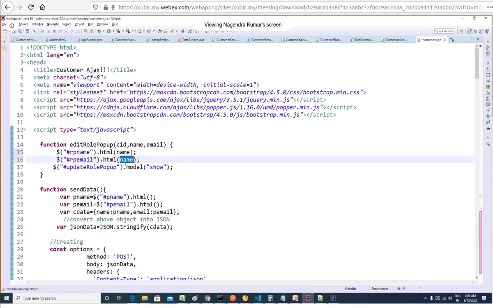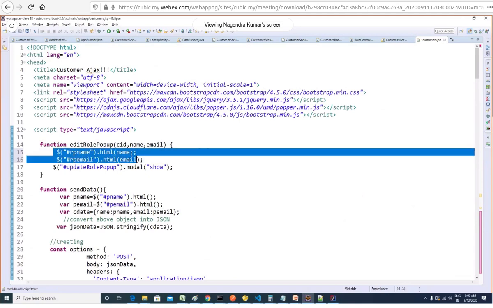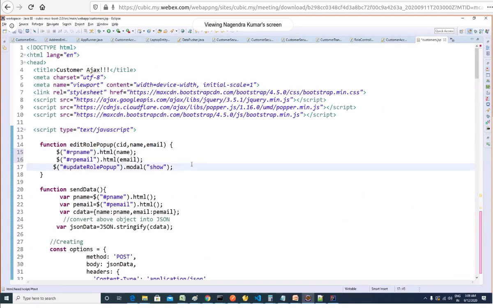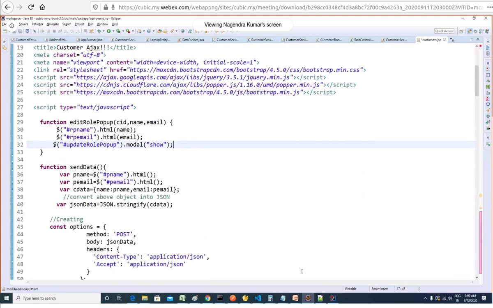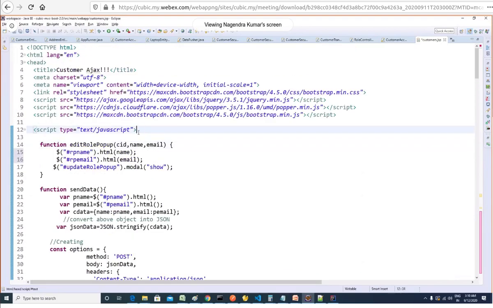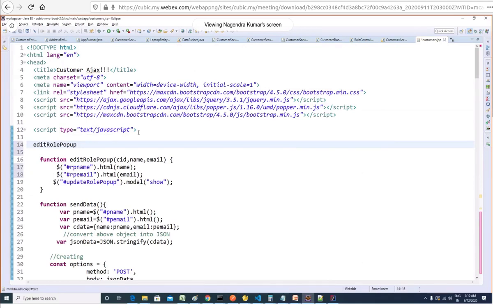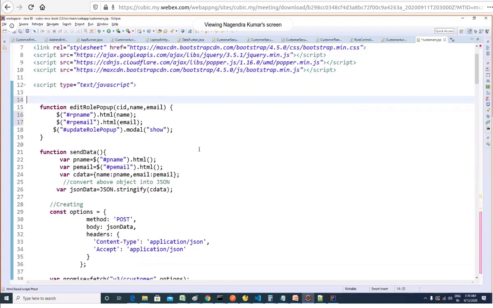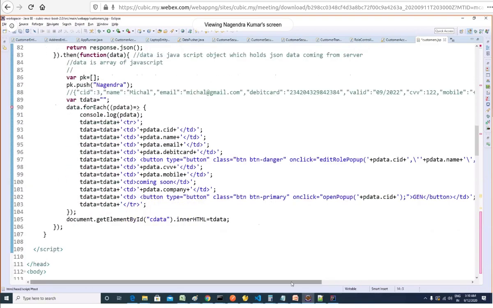So you tell me, Barsa, is line number 15, 16 clear to you? Yes, I'm just confused what the backslash is for. Okay. In JavaScript, when you call the function, you have to pass three parameters. The first parameter is this one. The second parameter you have to pass in single quotes, and email also in single quotes. Same thing I'm trying to do over here. Let me show you. The problem here is